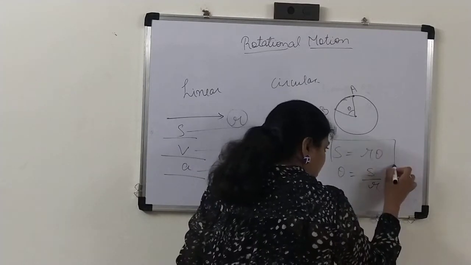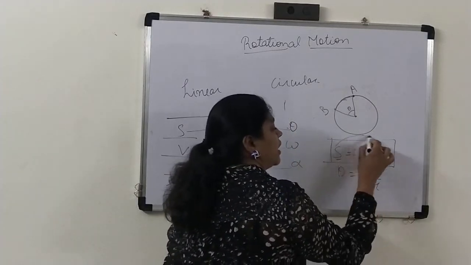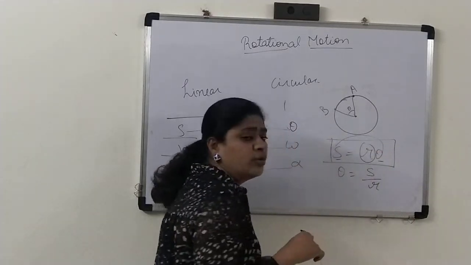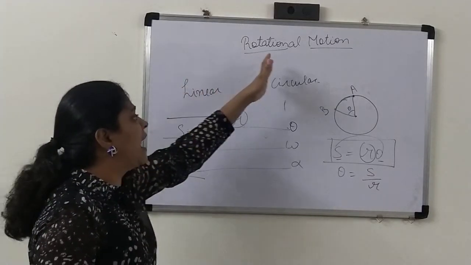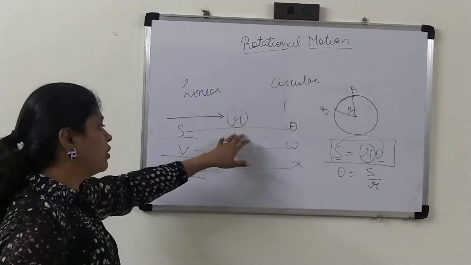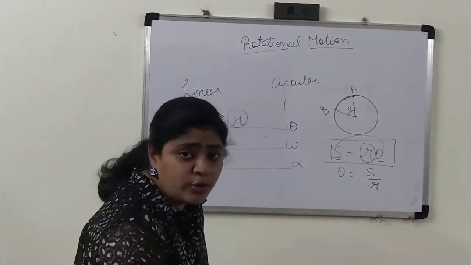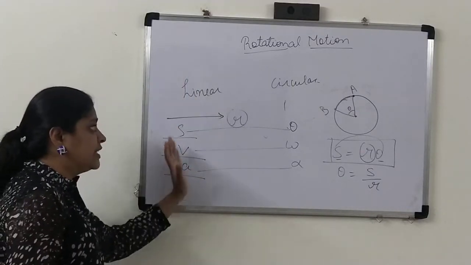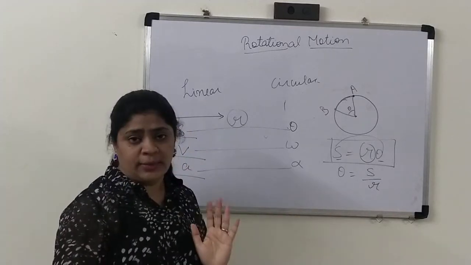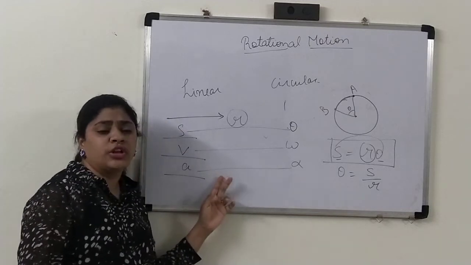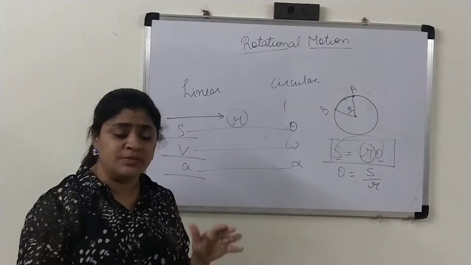So in this way you can always say that linear and angular are connected to each other with respect to r. Whenever you are making a connection between linear motion and circular motion, it is always going to be with respect to r. Right? So now I hope you have understood what is linear, what is circular motion, what are their symbols and how you connect them. All the points are given in your textbook on the last page of the chapter. So let's now start with the chapter's main points.